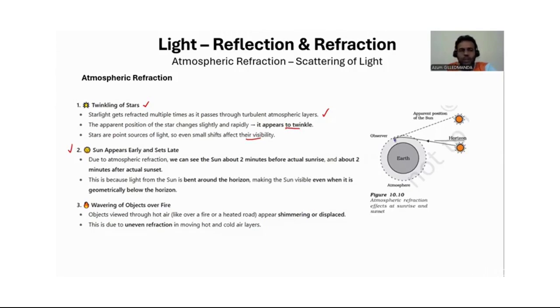So if we see the actual sunrise, let's see here. Due to atmospheric refraction, we can see the sun about 2 minutes before its actual sunrise and also 2 minutes after actual sunset. So why? Because the light from the sun is bent around the horizon. So when I say horizon, right, this is to